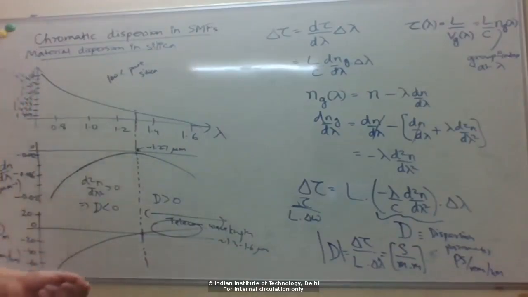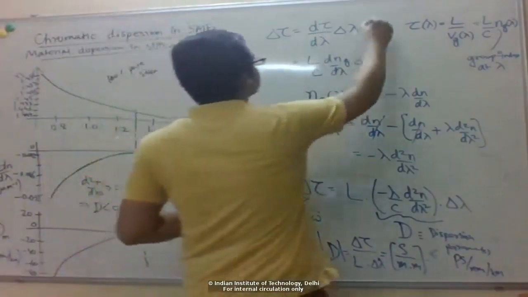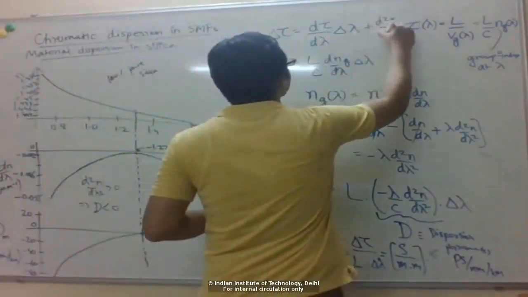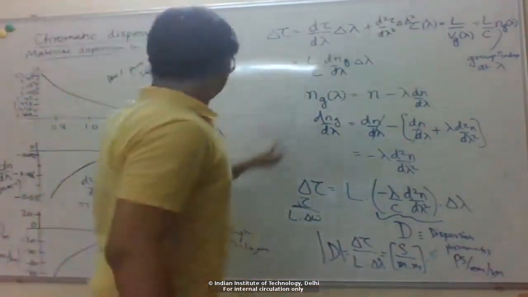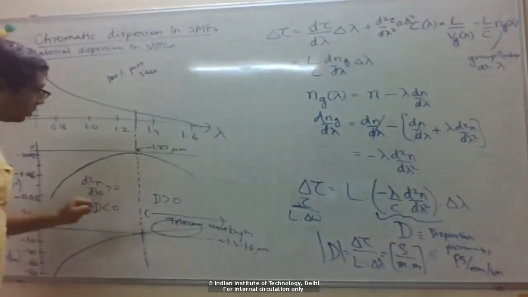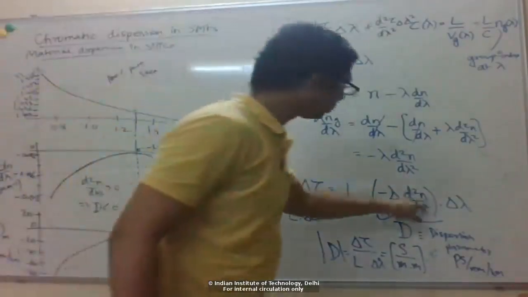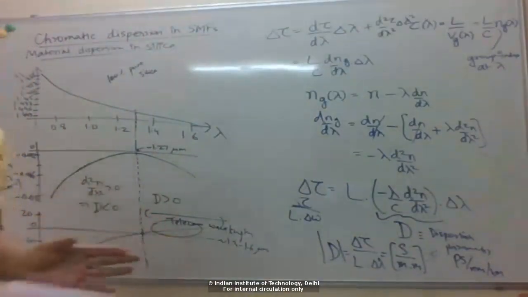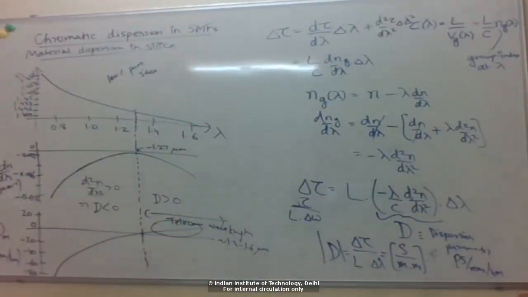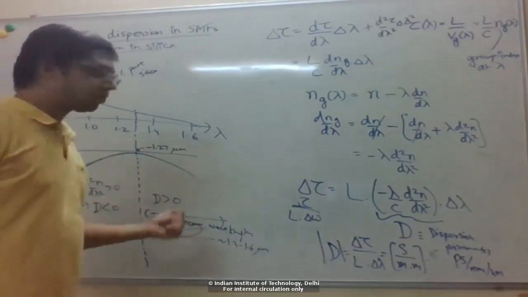Of course that's not true. Recall that we just took the first derivative and multiplied by this. We can also take the higher order terms, the second derivative multiplied by delta lambda square. If this is 0 at 1.3 microns, then this next higher order term, the third order dispersion, the third derivative of refractive index with wavelength, will now determine the broadening. Anyway, in modern communication systems, the main wavelength of operation is around 1.55 micron